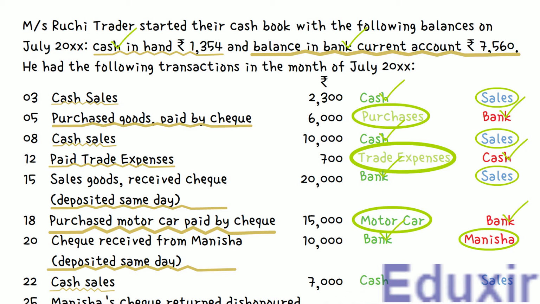In this transaction, as you can see, the cash is on the debit side. So it needs to be posted on the debit or receipt side of the cash book and in the cash column. Note that the particular that needs to be posted into the receipts column of the cash book is sales. With this analysis at our disposal, let's proceed with posting this entry to the debit or receipt side of